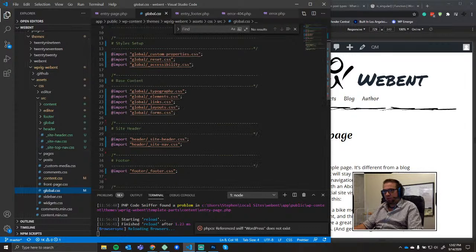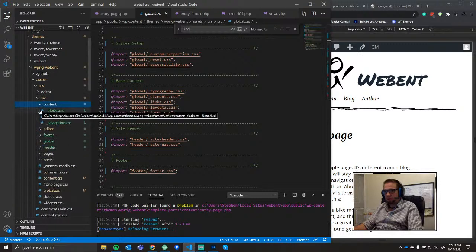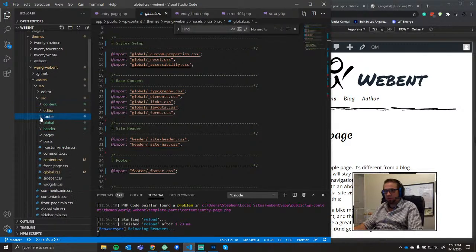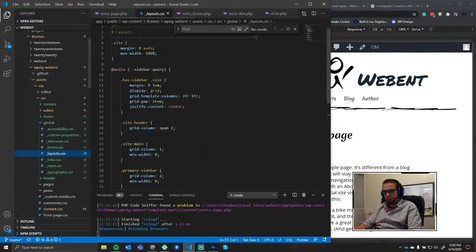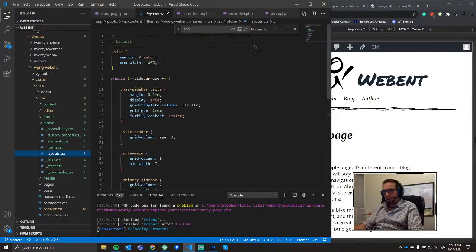So, layouts. It's gotta be layouts. Oh, it's gonna be under global layouts. Yeah, all the grid and everything being defined right here. Dot site. Sidebar query. Oh, gosh. That's another thing. It has a query specifically for when using a sidebar rather than